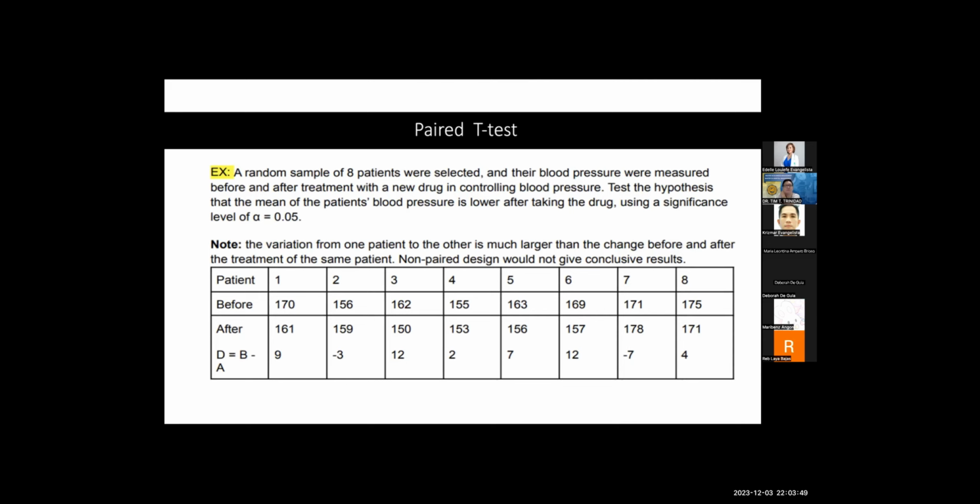So for example, reading this specific type of example given. Doc, so sorry po, I hope okay ho yung mga examples ho na napili ko, Doc, pero please correct me or stop me if may kulang, Doc. Example for this, a random sample of 8 patients were selected and their blood pressure were measured before